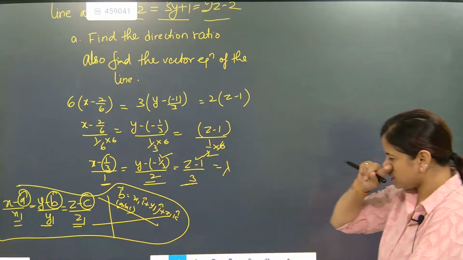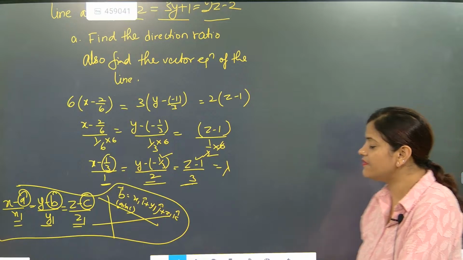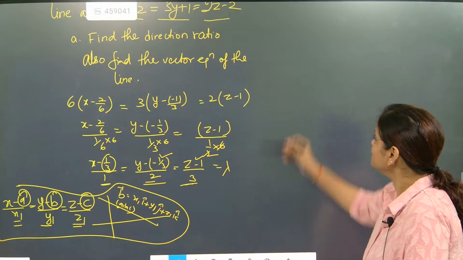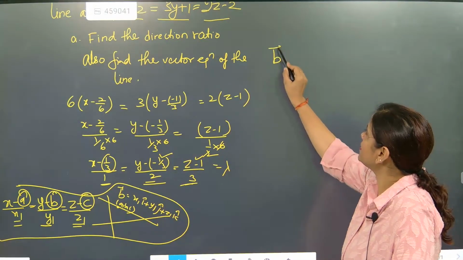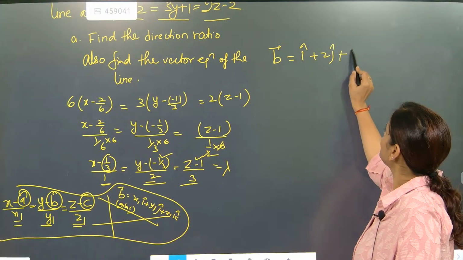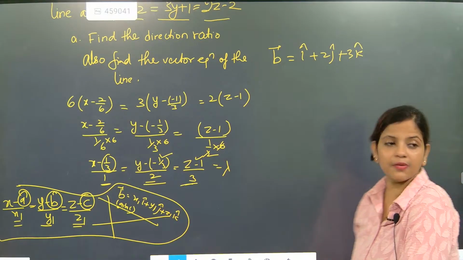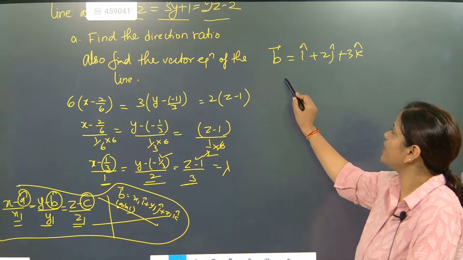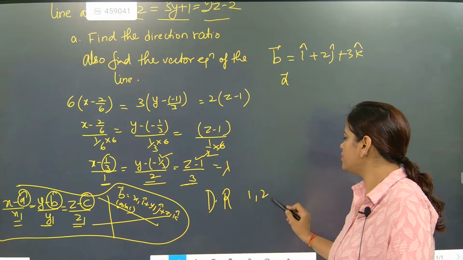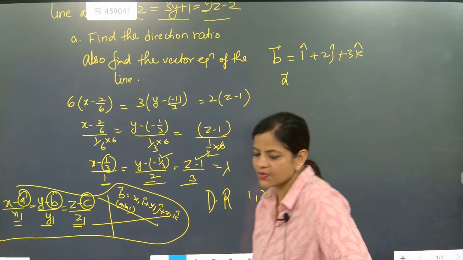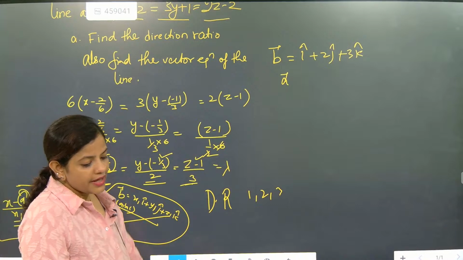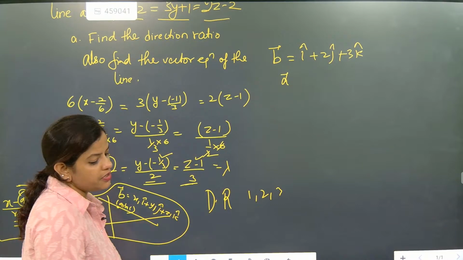So now look here. We'll write the vector equation. The b vector is coming as i plus 2j plus 3k. Now a fixed point will be coming. So the direction ratio is what? The direction ratio is 1, 2, 3. Fixed point is